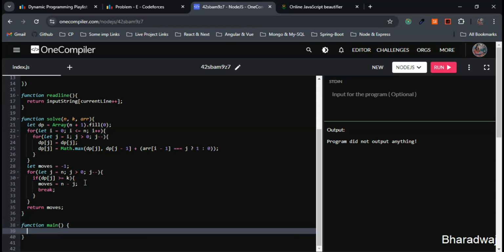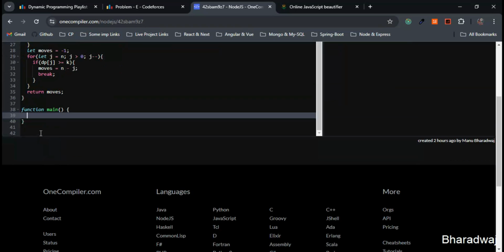Next, let's move to the main function. So why are we making use of the main function? To handle the multiple test cases. We have already written the main core logic inside the solve itself. So here in this case, we are writing the main function to handle the multiple test cases. Here I'll give